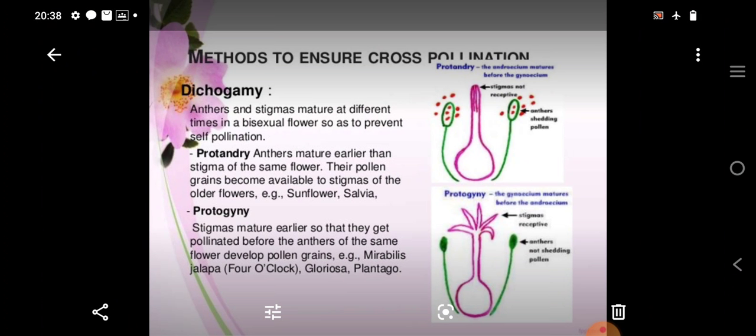Dichogamy means anther and stigma are going to mature at different times. Suppose there is a bisexual flower and it has both male as well as female reproductive organs. So for preventing self pollination they have adapted dichogamy. In dichogamy, anther and stigma are developing and maturing at different times. यानी एंथर या तो पहले मैच्योर हो जाएगा और स्टिग्मा अभी ग्रोइंग कंडीशन में होगा, या दूसरी कंडीशन है कि स्टिग्मा पहले मैच्योर हो जाएगा और जो एंथर है वो अभी फुल्ली मैच्योर नहीं हुआ है तो पॉलन प्रोड्यूस नहीं